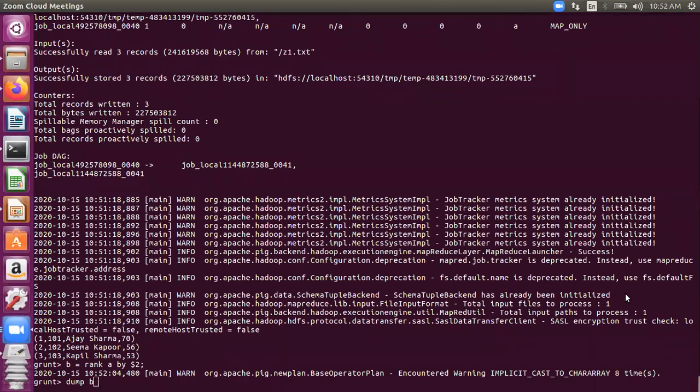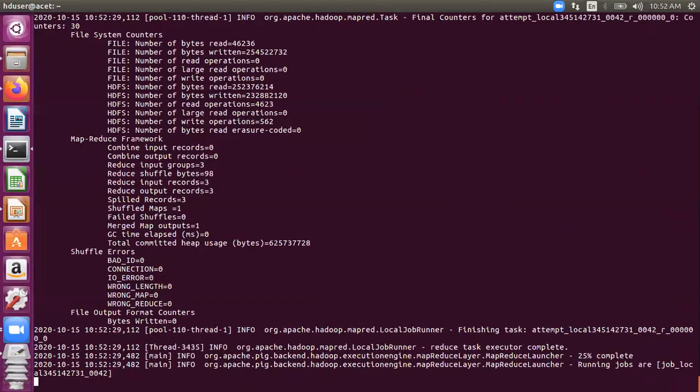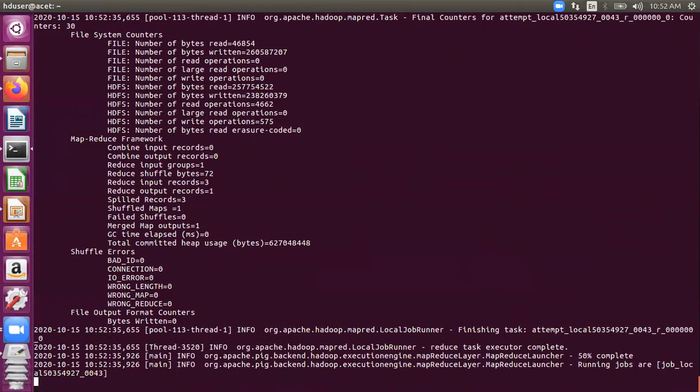Okay, Sonam wants to answer. Yes, Sonam, go ahead. Ritika has also raised the hand. Yes, Sonam. Sir, first will be Kapil Sharma, then Seema Kapoor, then Ajay Sharma. Perfect, very good answer, Sonam. So we will get the lower ranks first, because lowest marks would get the first rank because it is in ascending order. That is what Sonam has answered.